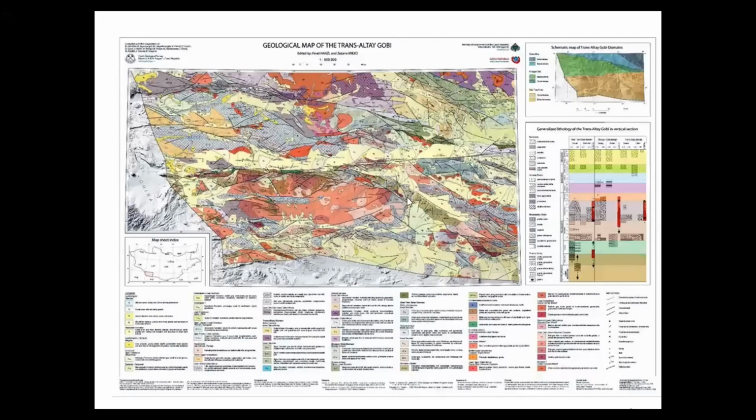This is how normally a typical geological map looks. Based on this geological map, you will do different interpretations. You will say, okay, there was a volcanic eruption, there was a granitic intrusion, or maybe deposition or something else. It is a progressive understanding, and it will depend on your own understanding, how much geology you know, and how much understanding you have of a typical area. This is how normally a geological map looks.